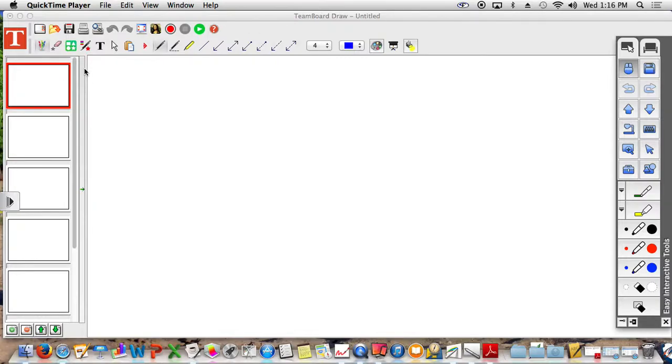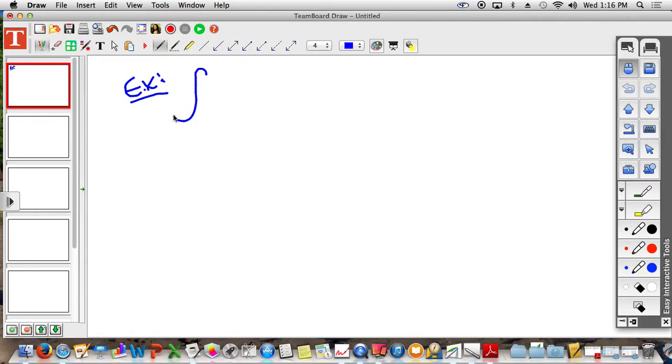Alright, so just pick up where you left off yesterday. We're still working on section 7.1, and this should be in your notes from yesterday. The example, we did 3 examples, we had to come up with the integrals, but today what we're going to do is evaluate them. So the integral that we came up with yesterday, and like I said, it should be written in your notes. You probably didn't leave yourself any room to do this part of it, so you want